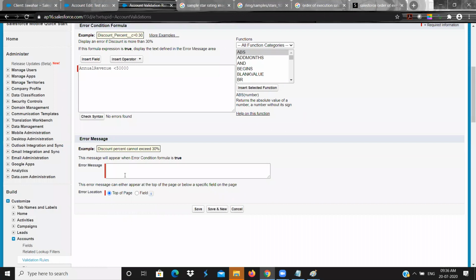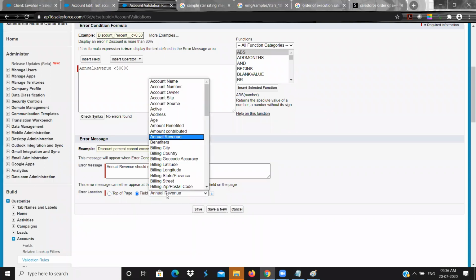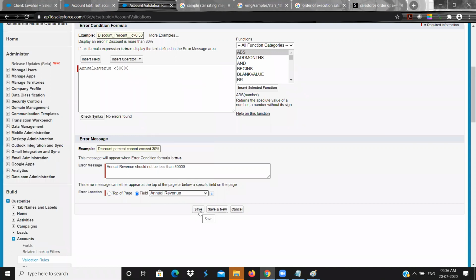Clear? So revenue should not be less than 50,000. Annual revenue. So save.